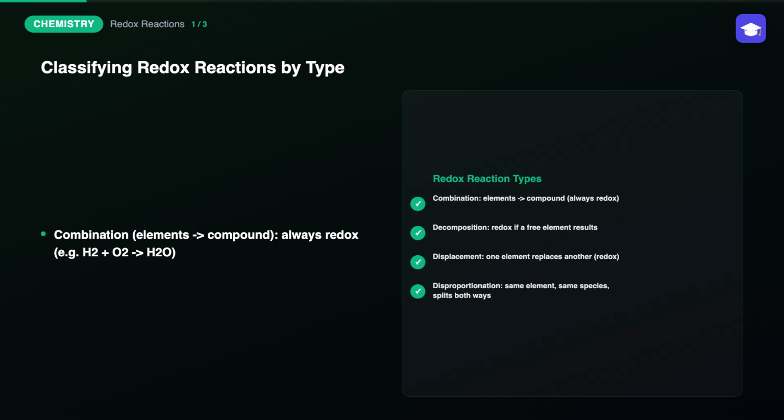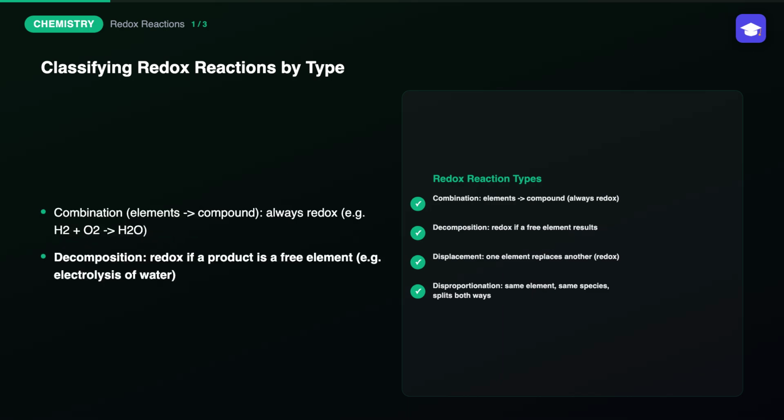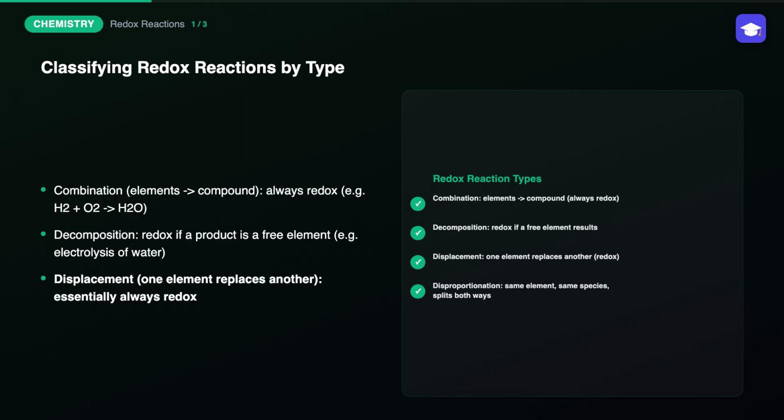Combination reactions, where two or more elements combine to form a single compound, like hydrogen and oxygen forming water, are always redox, since elements start at oxidation state 0 and end up with non-zero values. Decomposition reactions, where a single compound breaks apart into two or more simpler products, are redox, specifically when at least one product is an element in its zero oxidation state, like the electrolysis of water breaking apart into hydrogen and